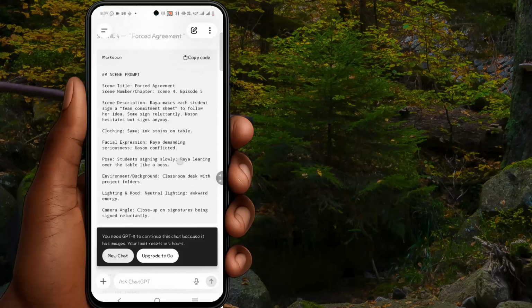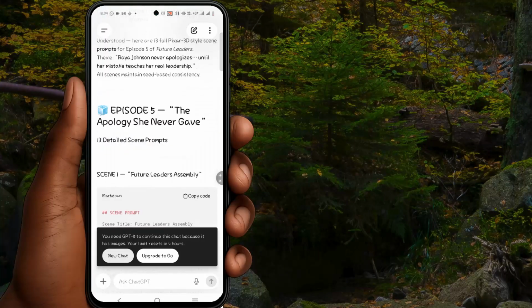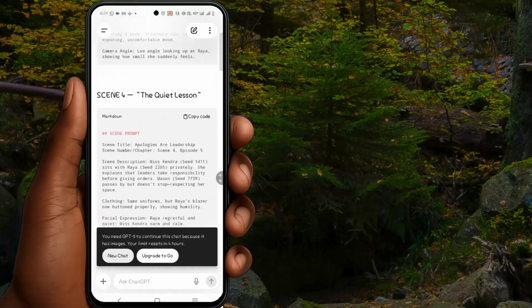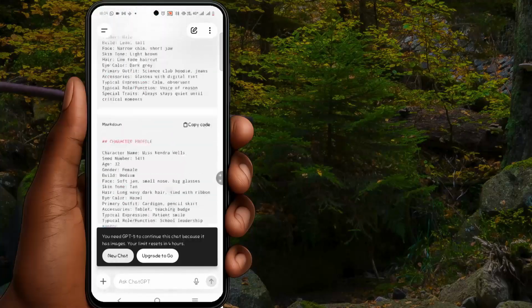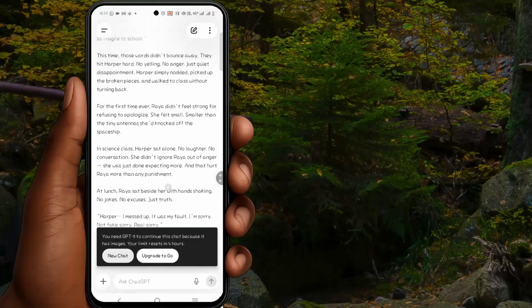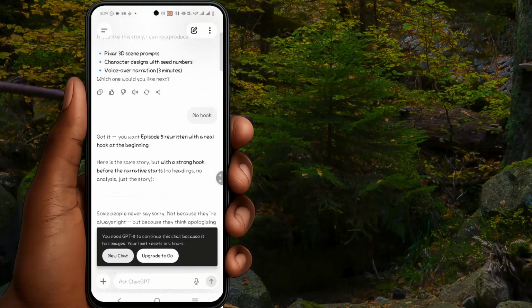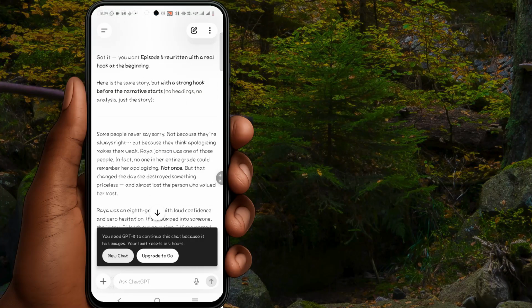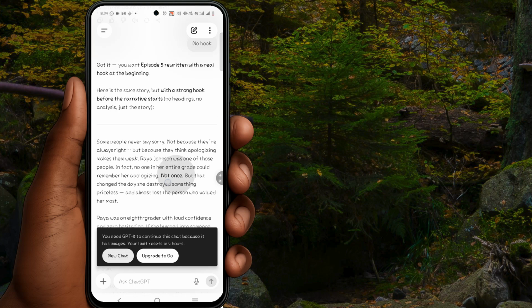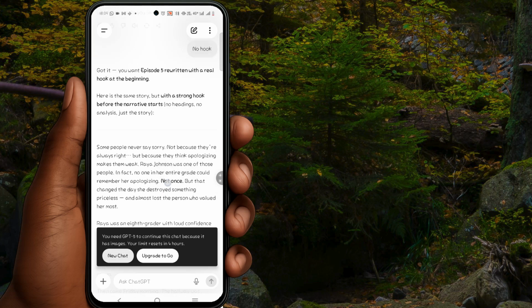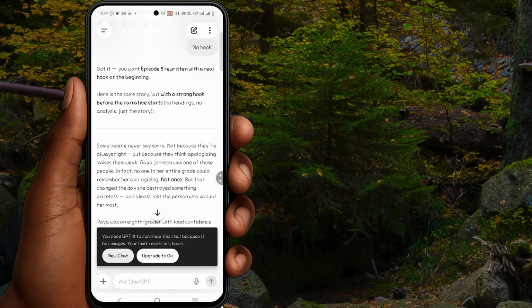Some people never say sorry, not because they're always right, but because they think apologizing makes them weak. I think I like this. I honestly like this. And so I'm going to pick this story. This is exactly what I'm going to be using for my story.